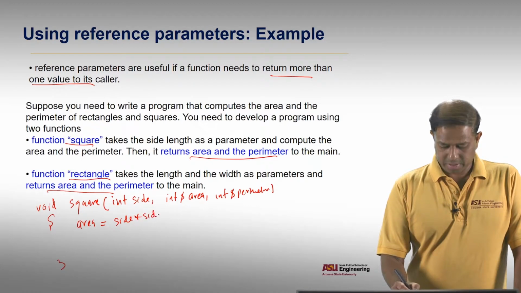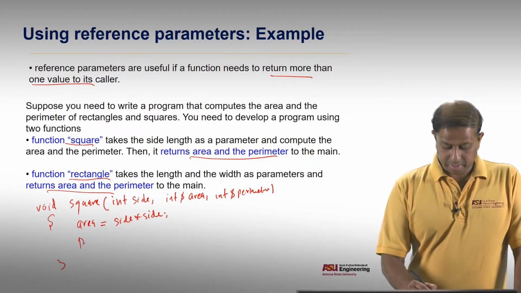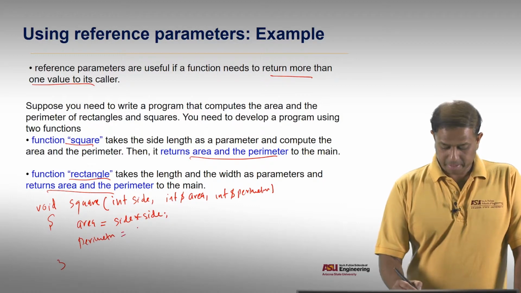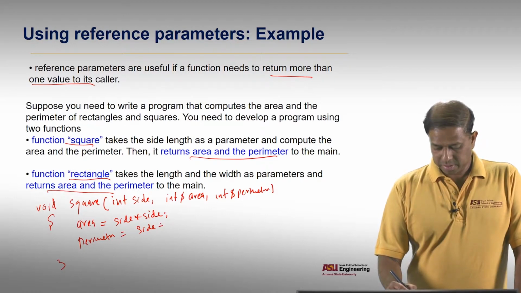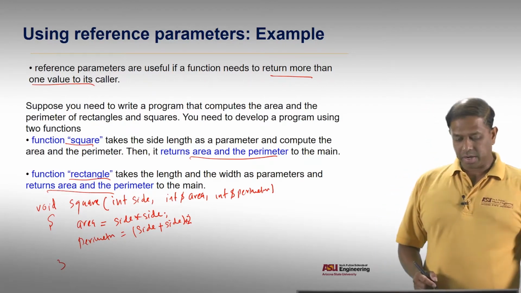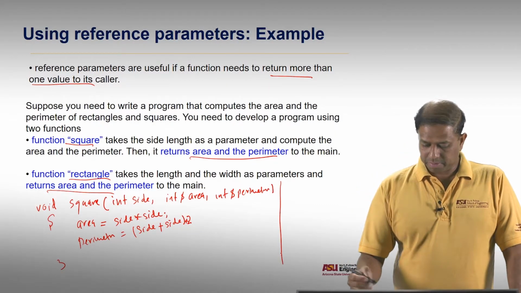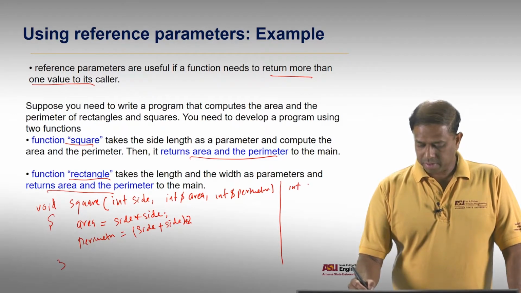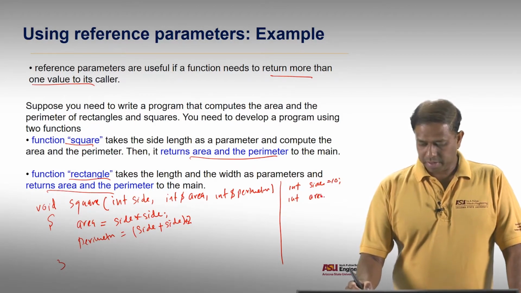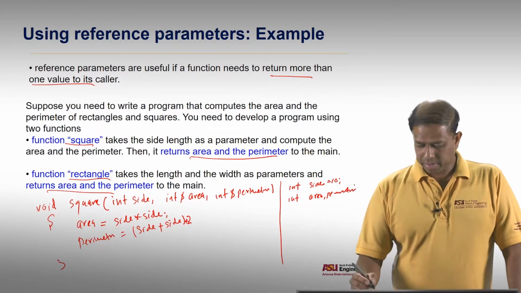Now inside this we are essentially going to change the area: area equals side times side, and perimeter equals side plus side multiplied by 2. Okay, so that will give us the perimeter. Now when we are calling this, let's say in the main method, we can have an integer variable called side, and let's say side equals 10, and then you can have two integer variables for area and the perimeter, and then you can call